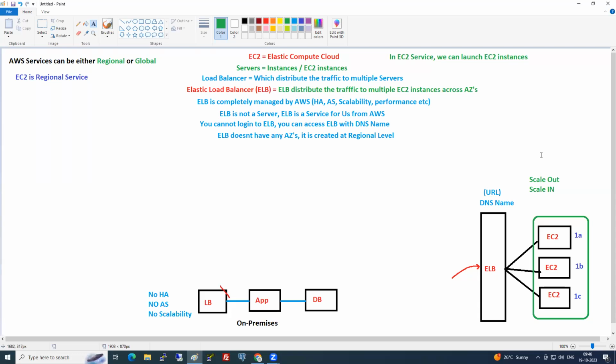And guys, if you don't know the EC2 service, you cannot claim to be an AWS engineer. So in and out, you need to know about the EC2 service. In EC2, there are so many things, but we will learn that later slowly one by one. So for now, do you understand what EC2 and the load balancer are?